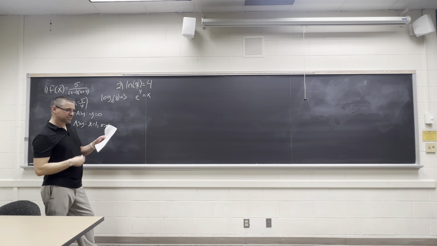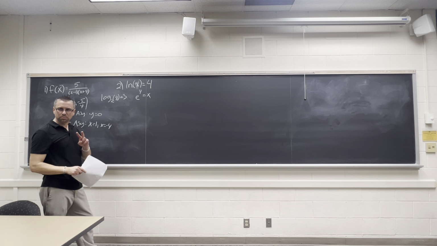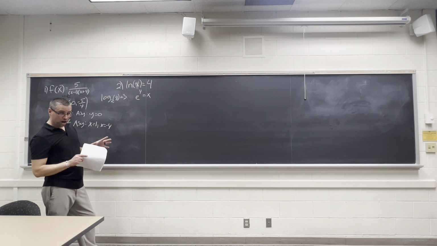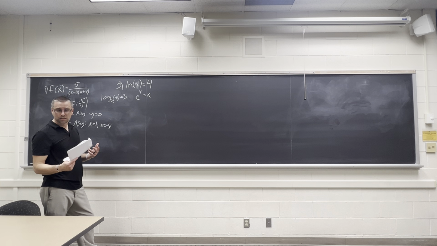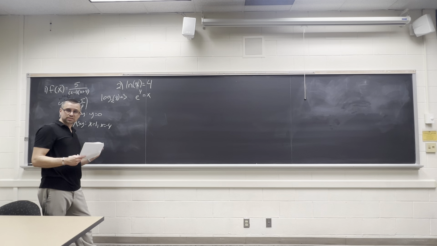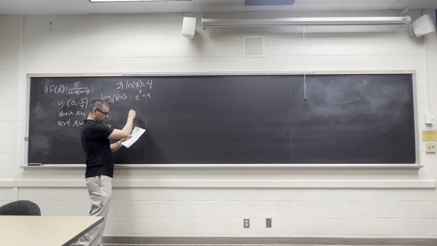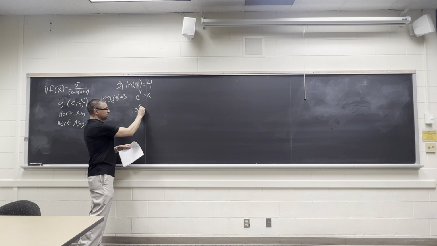And then if you have 10 to the x, on your calculator you have two log buttons, right? You have ln, which is log base e, and log with nothing there is log base 10. So if you have 10 to the x equals 17, that's equivalent to saying log of 17 equals x. I'm only seeing one log question on the